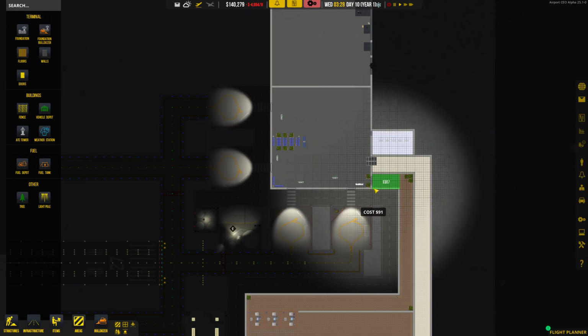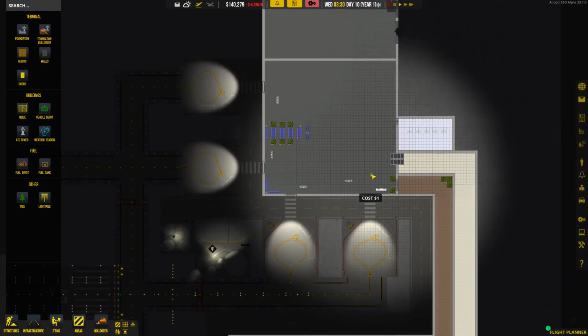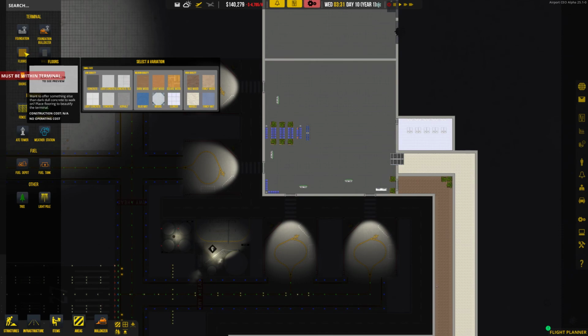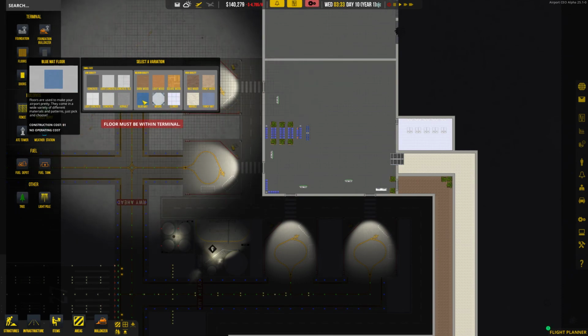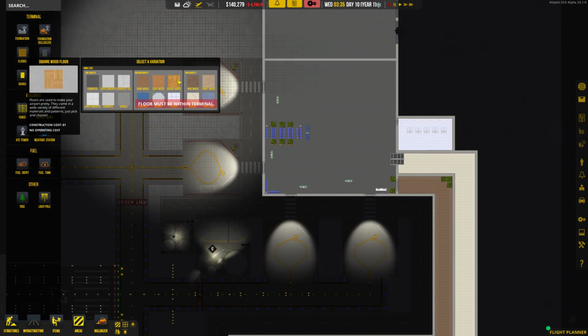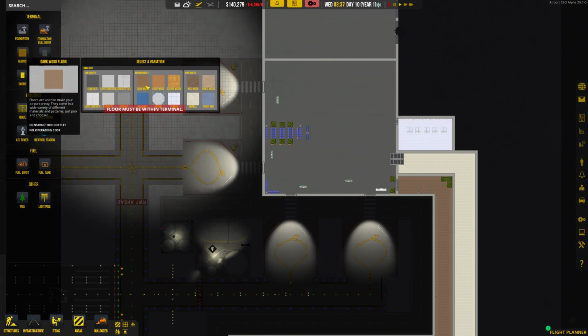We'll need to find something for the terminal. So let's have a look at what we got for terminals. Can I change the colour of any of this? Blue mats. Blue mat, blue mat, blue mat. What's that? Oh, hang on. So these floors, what do you got here? Blue mat, mosaic,